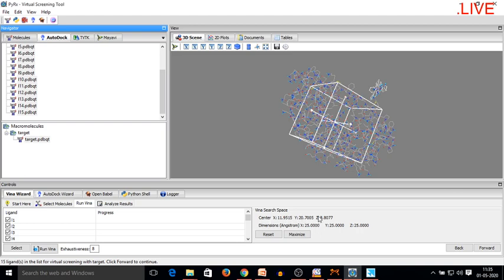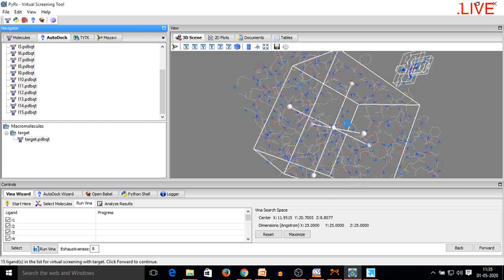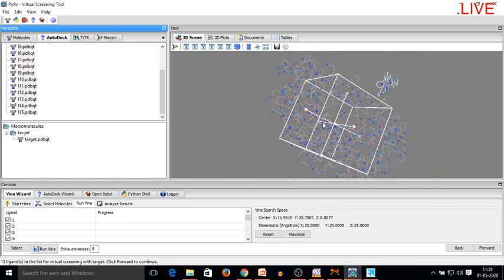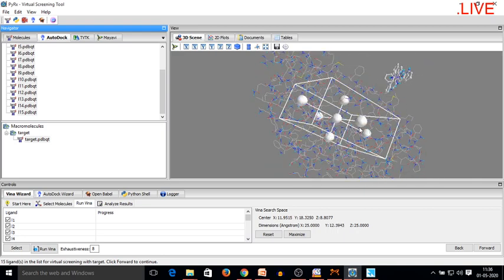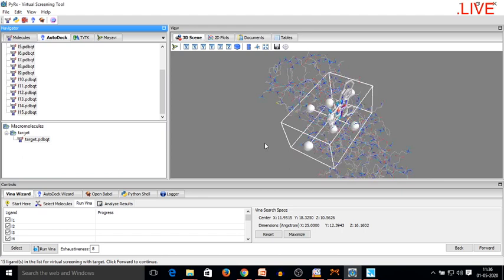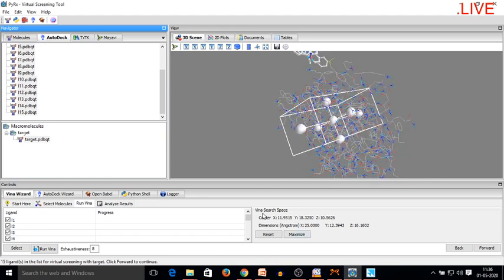is given here. So we can use our normal mouse and scrolling key to maximize or minimize and change the dimensions also. If you have done a particular literature survey for that receptor, you are also aware of the grid that has been selected for that active site, the particular active site where the molecule has been binding. So you can just go to that dimension,